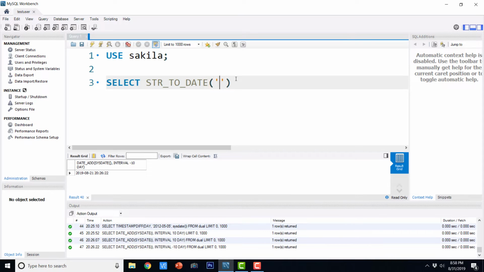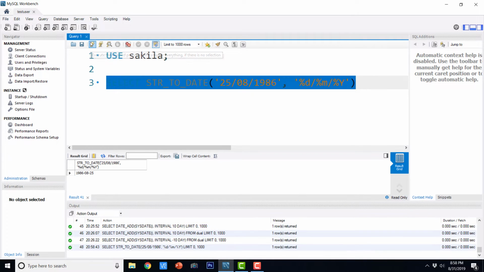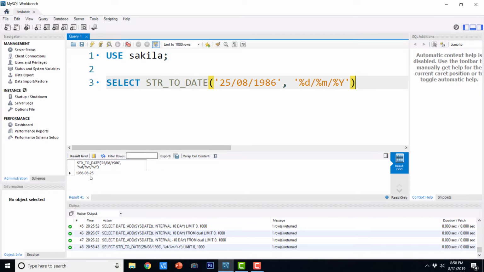So for example, I am going to say '25/08/1986', comma, '%d/%m/%y'. So if I execute this, it is going to show me the 25/08/1986 into date format.